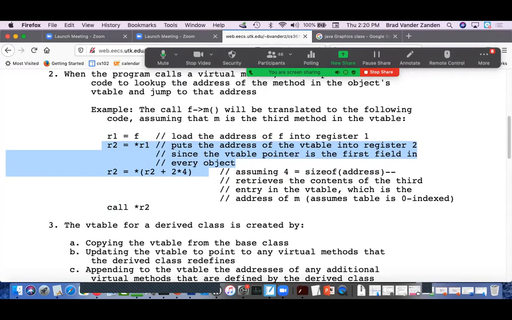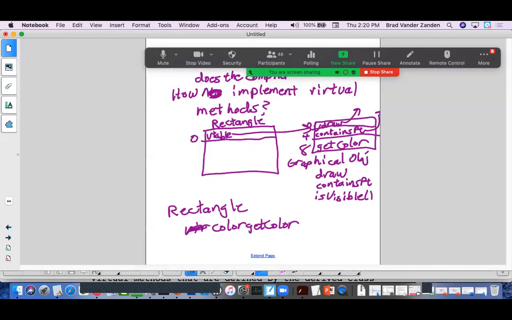But this isn't what actually really slows things down. This isn't horrible, unless your method is only 1 or 2 lines long, in which case this really does add overhead. But if your method is pretty involved, this isn't what makes it so bad. The issue is that if the compiler does not know at compile time what method it is calling, it's hard to optimize stuff. So for example, one thing that compilers like to do is they like to inline very short